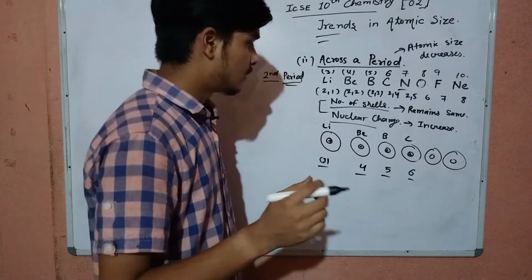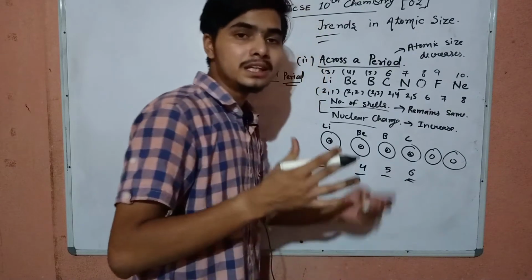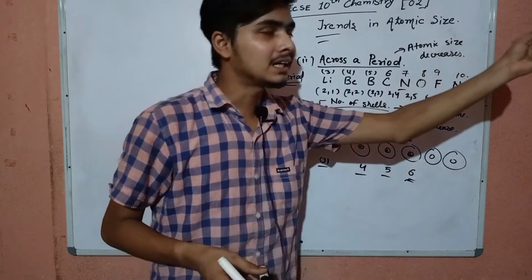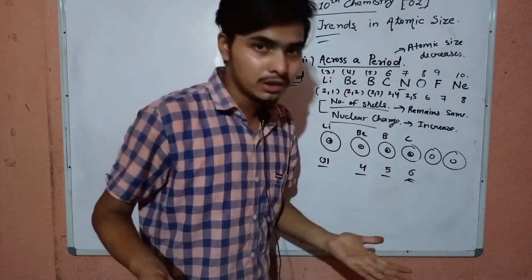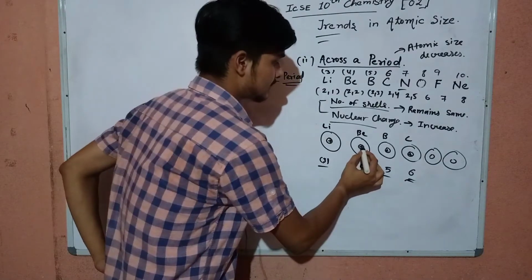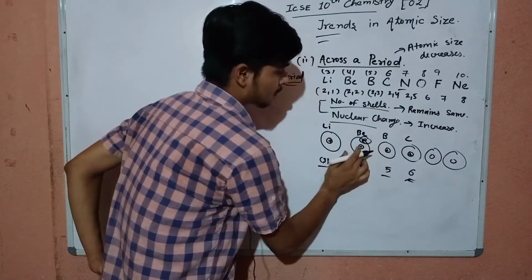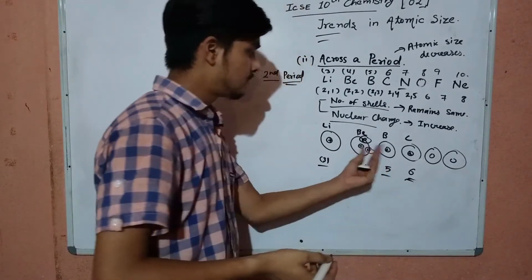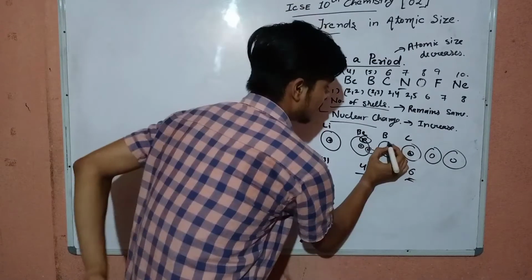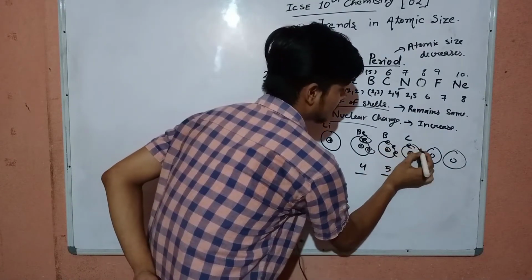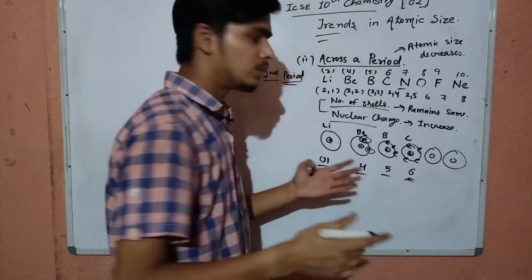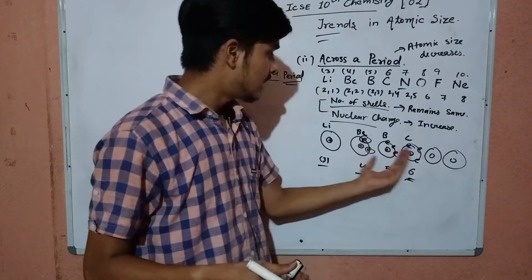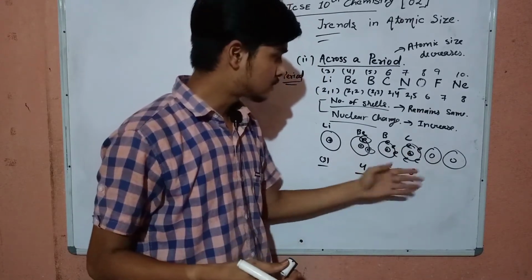I think you are getting it. Okay, so if the positive charge increases, then the ability to attract the outermost electron towards itself will also increase, because you know that here it is positive, meaning it is proton, and electrons revolve here. So that means it will be able to attract electrons towards itself more. Electrons are still here, 4 electrons. Now it is getting more power, and more power, to attract the electron towards itself.